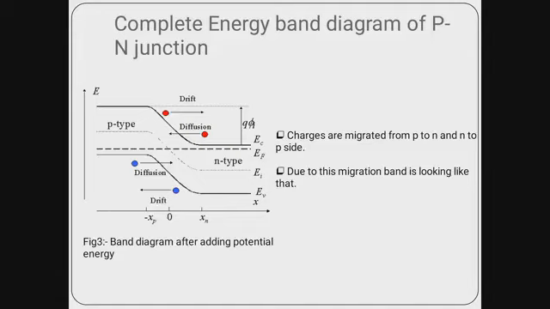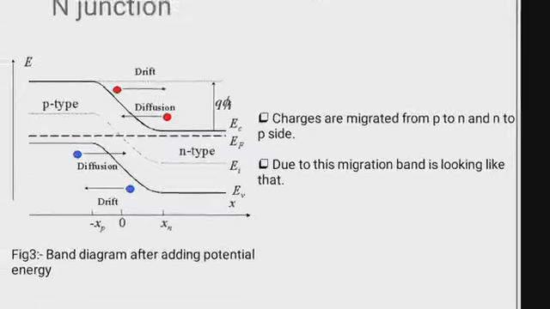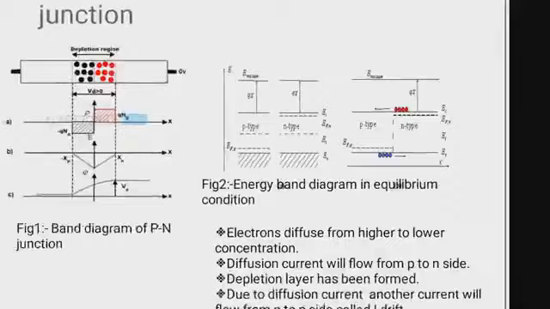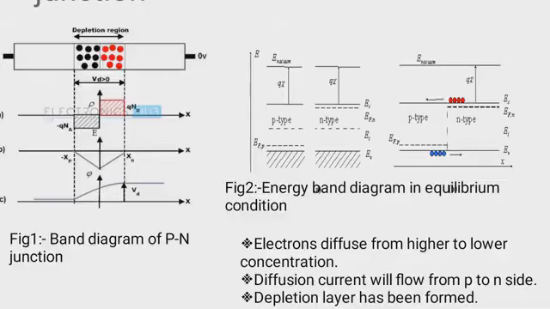This is the complete energy band diagram of PN junctions. Why is it called the complete energy band diagram? In this slide we have seen that after making contact we are getting this kind of energy band diagram. Now we know that the